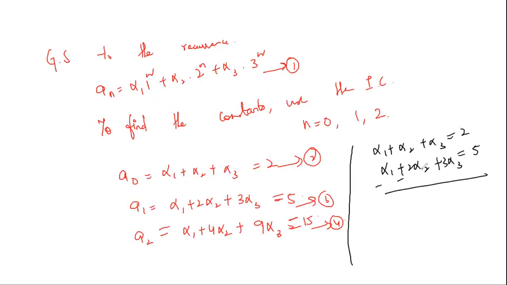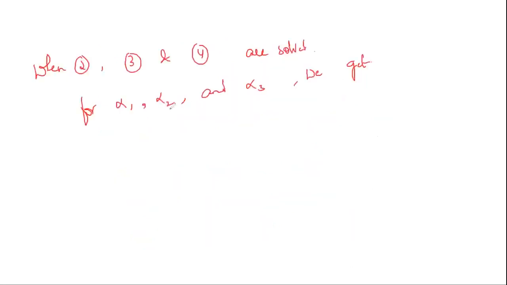Now in this case, this can be written as alpha 2 minus 2 alpha 3 is equal to minus 3. Similarly, if you solve these two, you will again get equations in alpha 2 and alpha 3, and then you have to solve the equation with only two constants, and then you can substitute the values in the equation. So now for alpha 1, alpha 2 and alpha 3, we will get the values. Alpha 1 is equal to 1, alpha 2 is equal to minus 1 and alpha 3 is equal to 2.